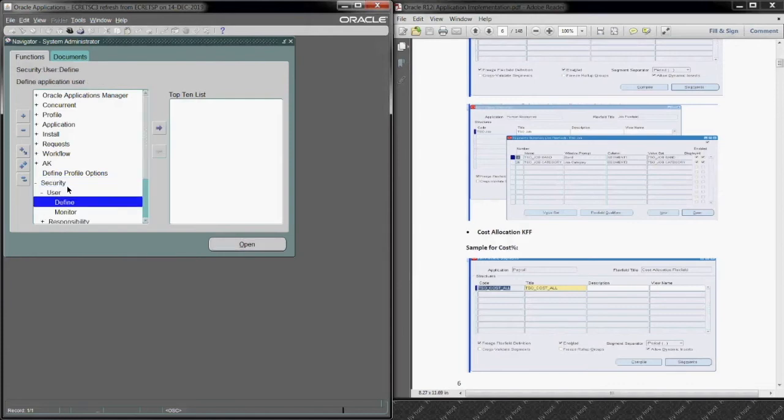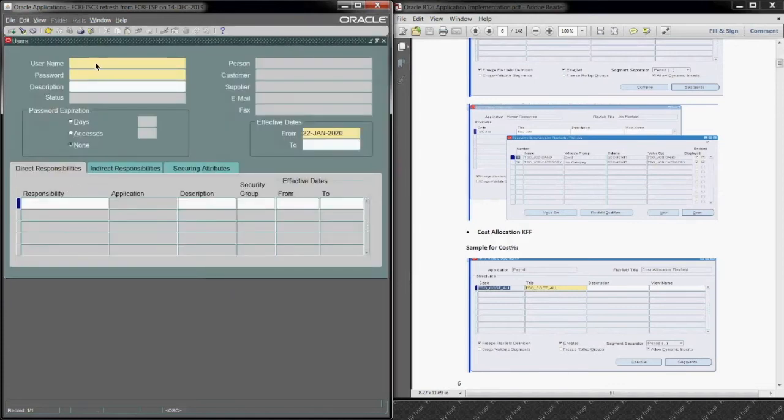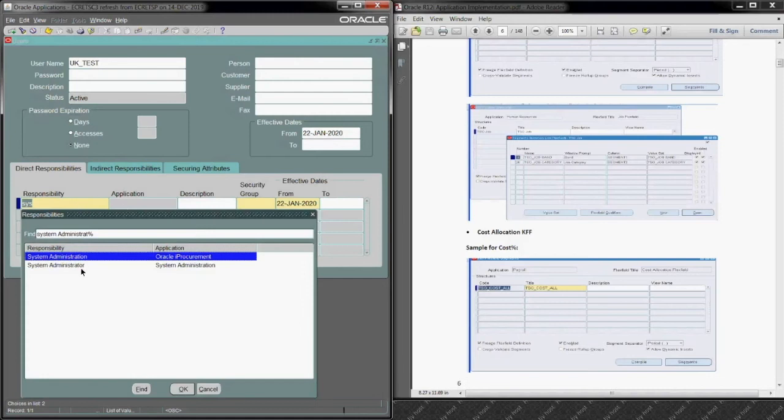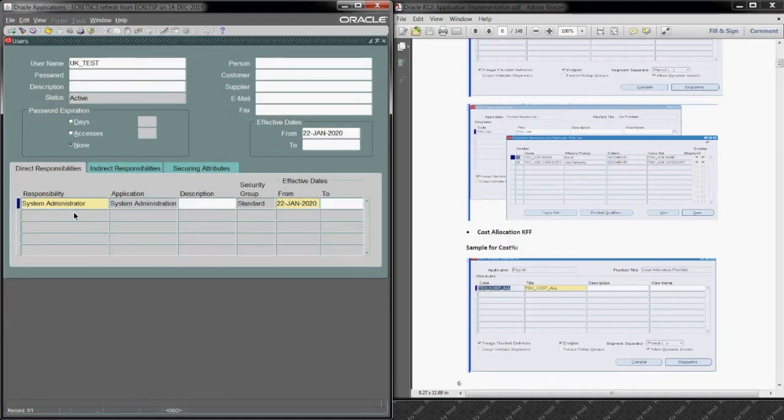I will just go to, let me create a new, sorry, 01. Okay, so let me give myself sysadmin, administrator,